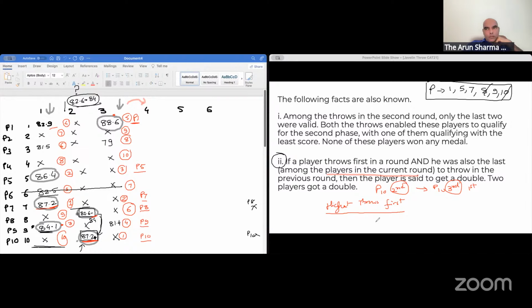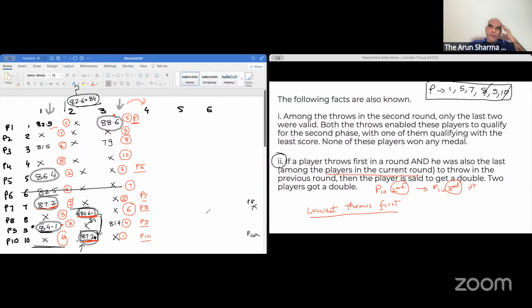The highest, the highest throws first. Sorry, the lowest throws first. In the first three rounds, it was highest throws first. In the next three rounds, it is the lowest throws first. So if you're going to go to lowest throws first in this round, the lowest qualifier they have already told us